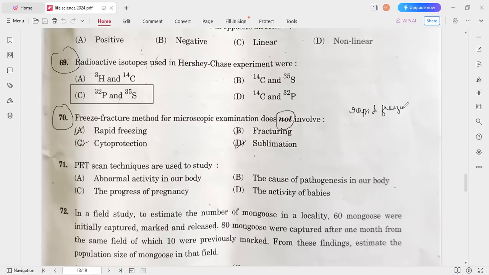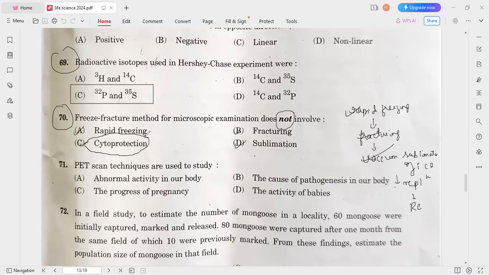So after this rapid freezing, fracturing. After the fracturing, that is vacuum sublimation, that is sublimation of ice. Vacuum sublimation of ice. After this vacuum sublimation of ice, replication and replica cleaning. So here you can say rapid freezing is there, fracturing is there, sublimation is there, but cytoprotection, there is